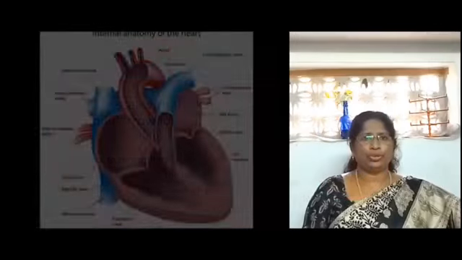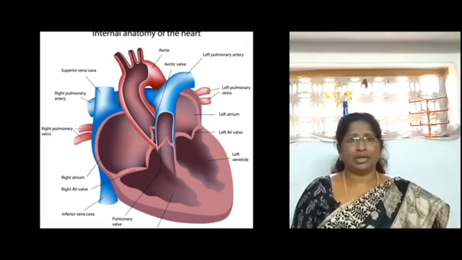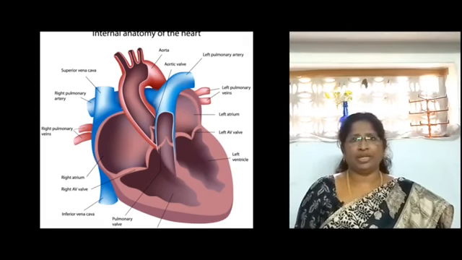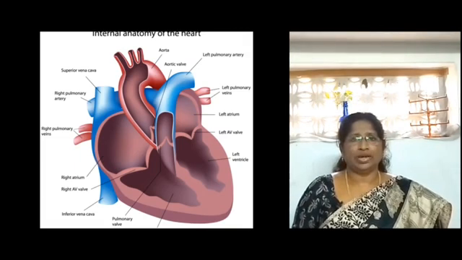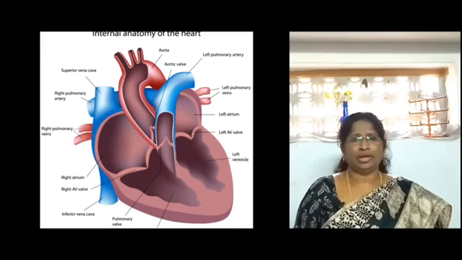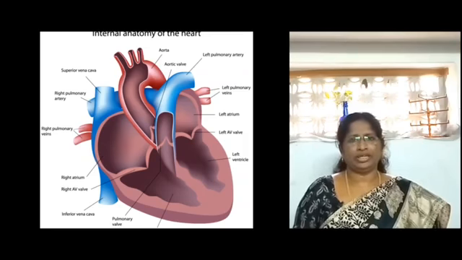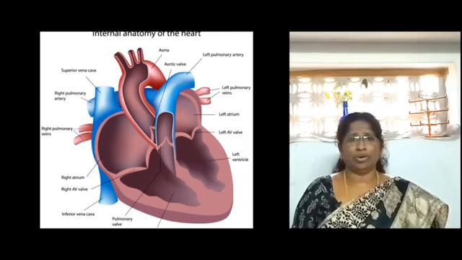The second point: there are two main types of arteries, pulmonary arteries and systemic arteries. Pulmonary arteries carry blood from the heart to the lungs, where the blood picks up oxygen. The oxygen-rich blood is then returned to the heart via the pulmonary veins. Systemic arteries deliver blood to the rest of the body. The aorta is the main systemic artery and the largest artery of the body.